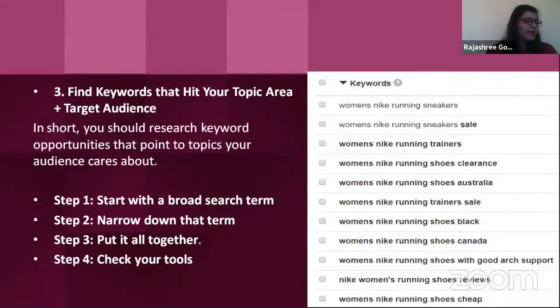Also, you should keep in mind that you may come up with a much longer list. It happens that initially, when you are searching for a keyword, you probably want to put in everything that is connected to your base or root keyword. But make sure that you prepare a list and you have a skeleton. That's perfect. You should put more time into searching your keywords so that you can narrow it down and not stuff the content with too many keywords or exaggerate the keywords in your content.